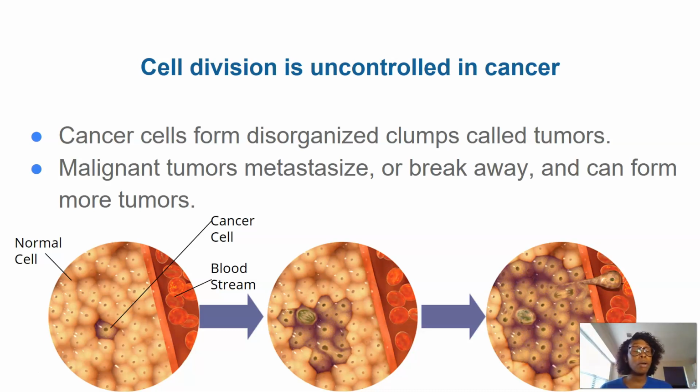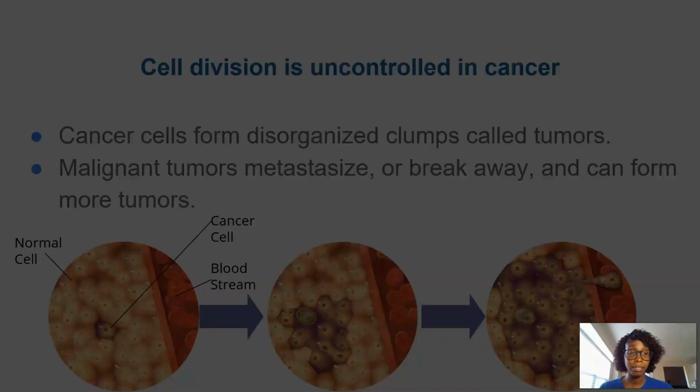So for someone who has lung cancer, the tumor is taking all the oxygen, blood, and nutrients that the lung needs to feed itself. And say it might break away and move to your stomach. Then you have stomach cancer, where it is taking the blood and the nutrients that your stomach needs. So that's why that is dangerous.